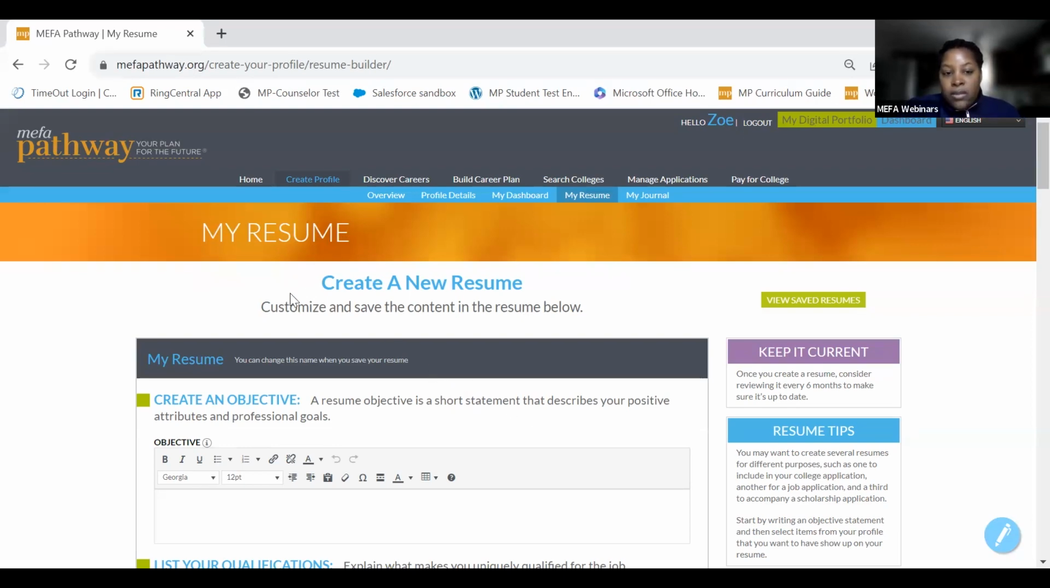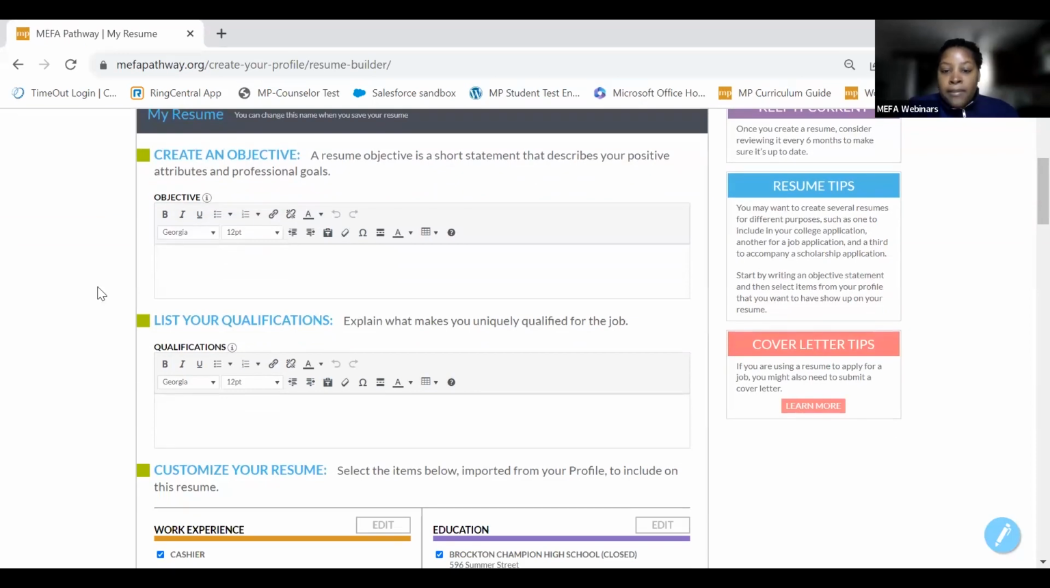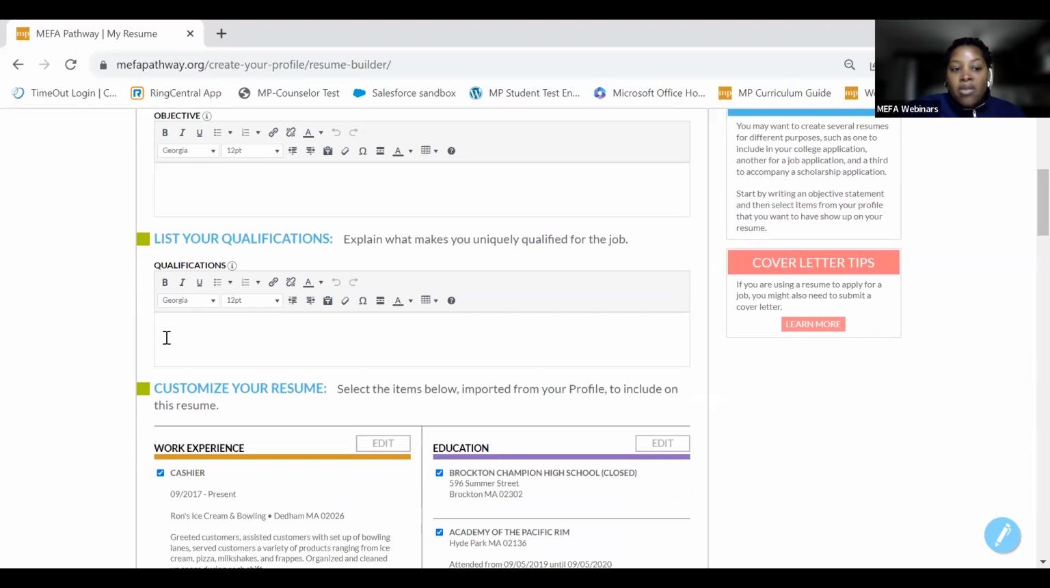Within this new resume tool in MEFA Pathway, there are a few updates that we made. Students can now list out any qualifications, and qualifications are things that make students qualified for the job that they are applying to, or the job that they are considering applying for. So maybe an example of a qualification could be